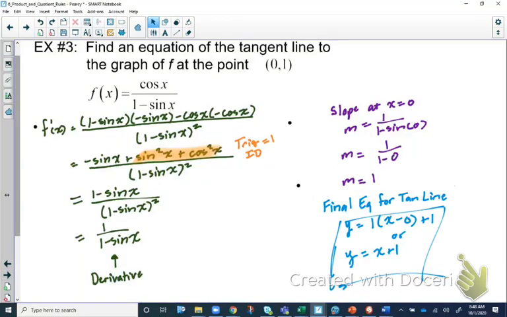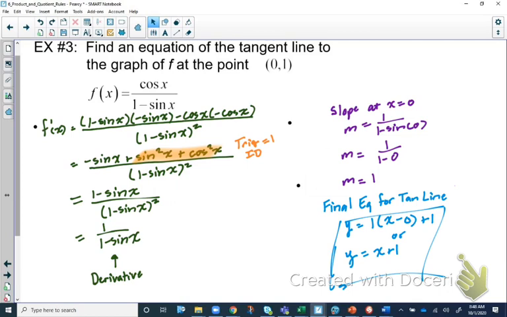Okay, so how did you do? The first part is, of course, making sure you got the derivative correct. This one was set up to give you a similar response to what you saw in the last example. When you take the derivative, low D high minus high D low, and you distribute in the numerator, you do see that sine squared of x plus cosine squared of x, that trig identity, simplifies to